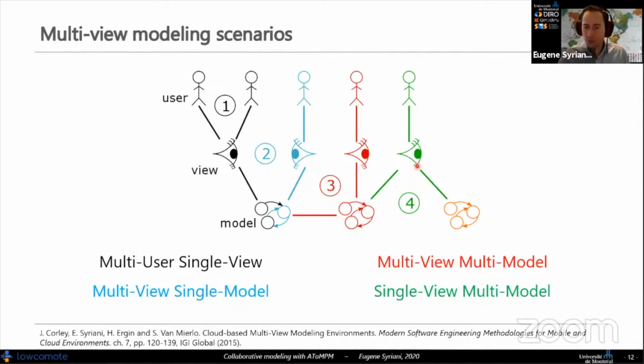And the fourth one is when you have one user working on a view that projects 2 different models, while another user is working on a view of one of the models. So let's go a bit more in the details and the challenges that each of these scenarios raises.